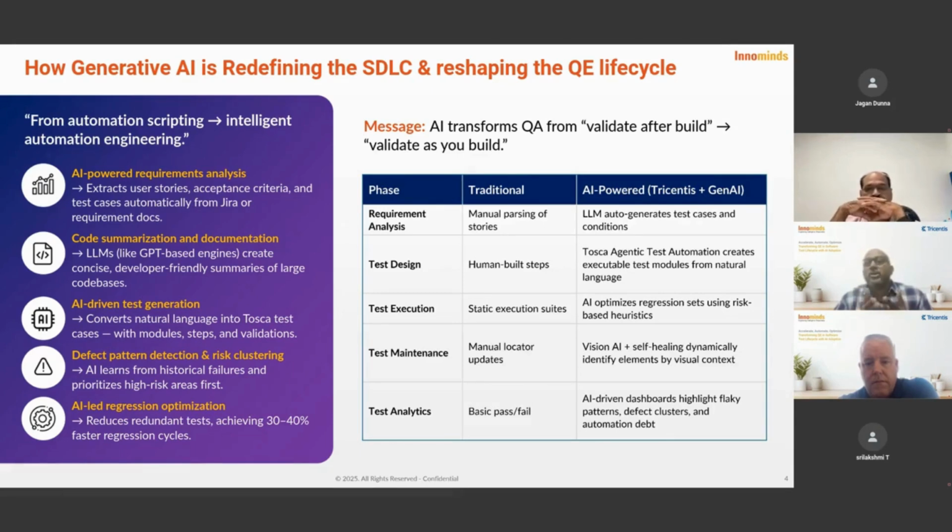We can use this code summarization feature provided by Tosca Copilot to bring them up to speed, significantly reducing the time spent. So once you introduce generative AI across your SDLC, we can significantly reap the benefits.